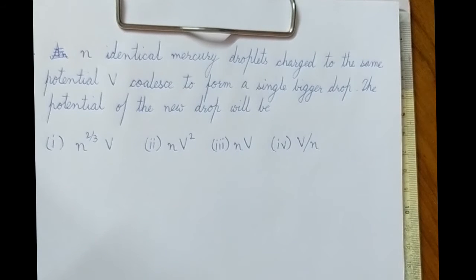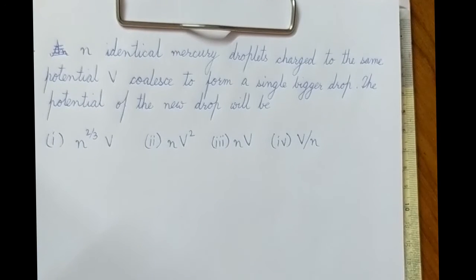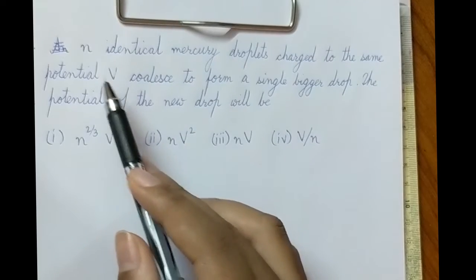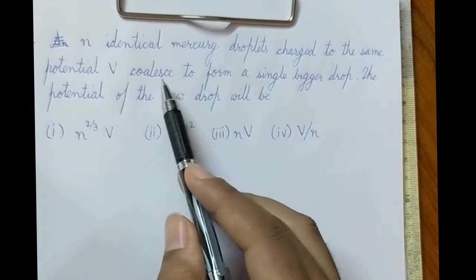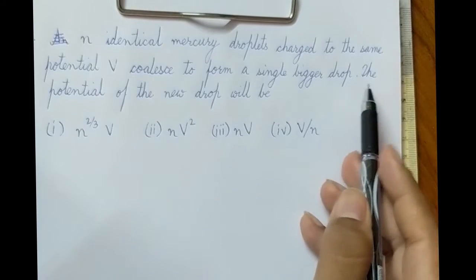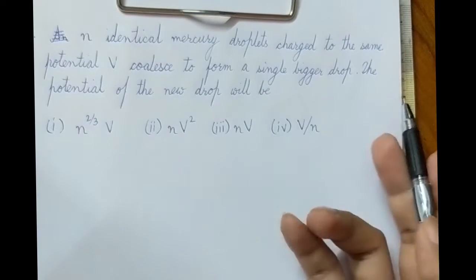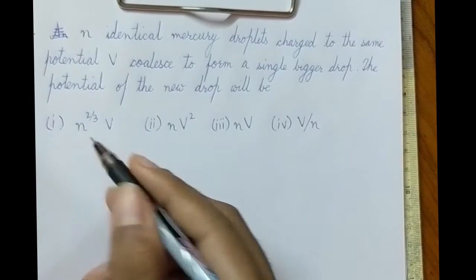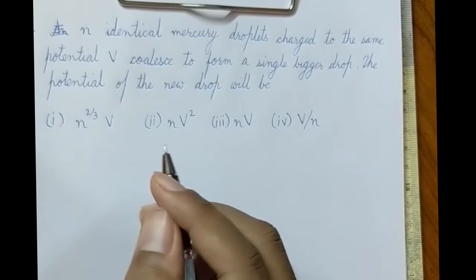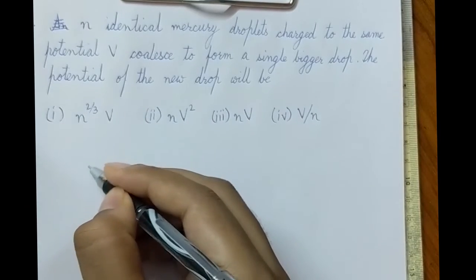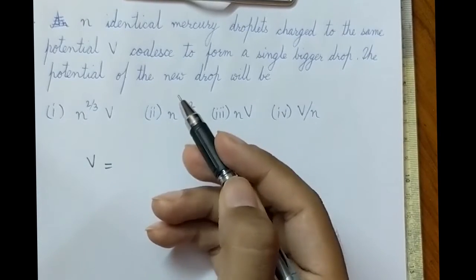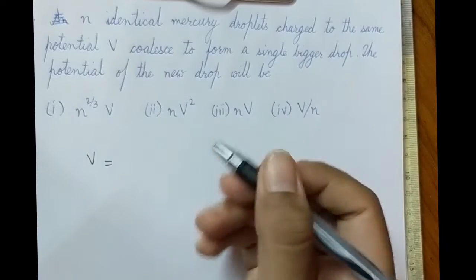As with our previous video, the third question is again a little tricky. I'll go through it. N identical mercury droplets charged to the same potential V coalesce to form a single bigger drop. The potential of the new drop will be. So for this question, we need to first find what the total charge possessed is. We know that the formula for potential for a spherical drop, in this case we know that it is a spherical